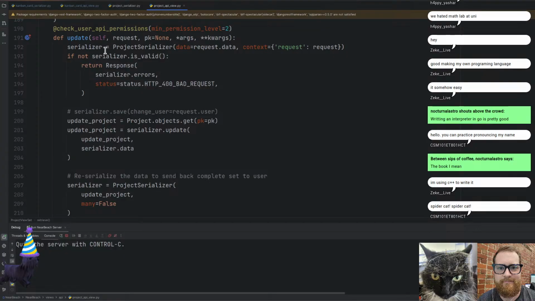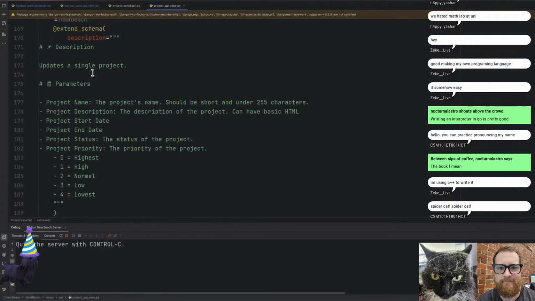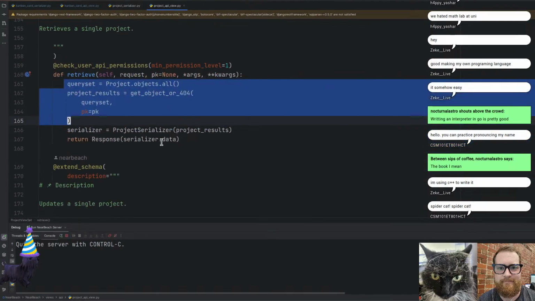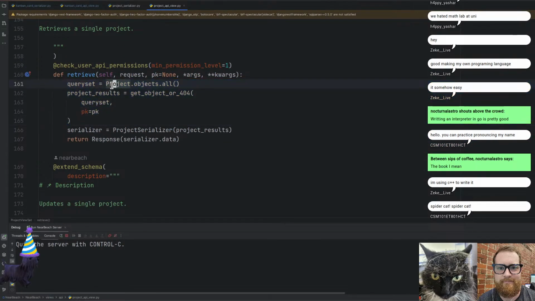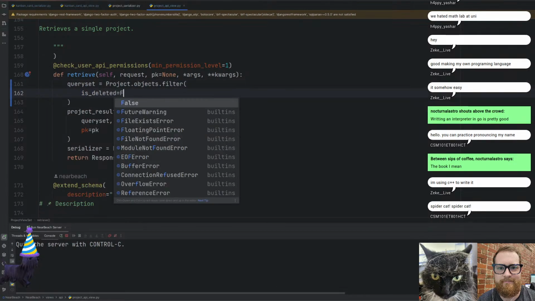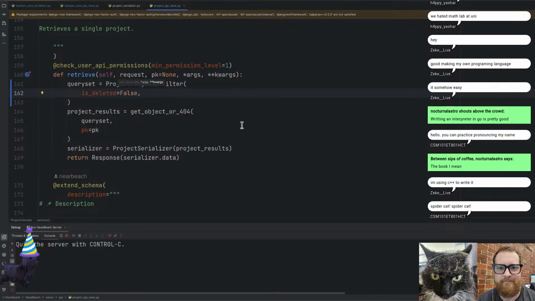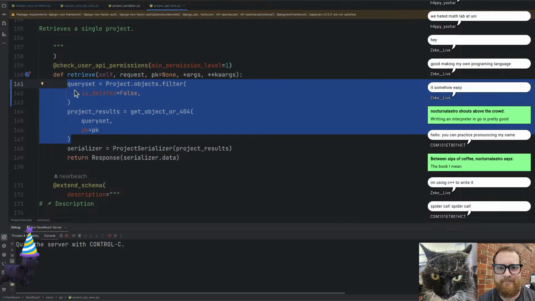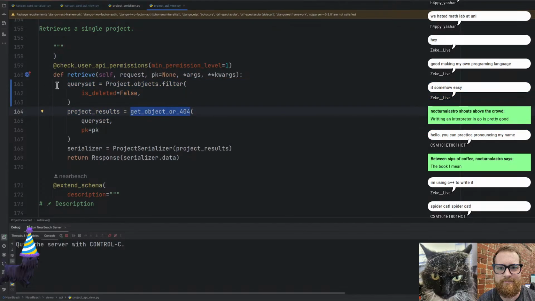All right, so I'm just having a big think at the moment. What we've got is a query set up here, retrieval, we've got objects.all. In this sort of case, that's actually incorrect. Sorry, I've just discovered a bug. That should be objects.filter is_deleted equals false. And then that way, if someone's retrieving something that's been deleted, they get a 404 or anything like that. However, that being said,